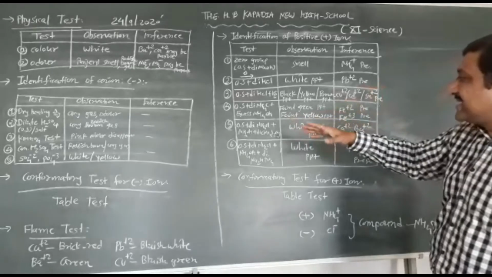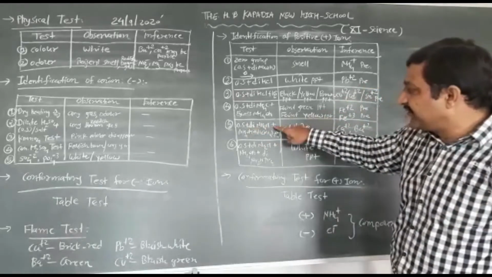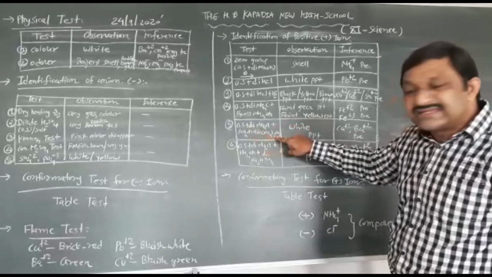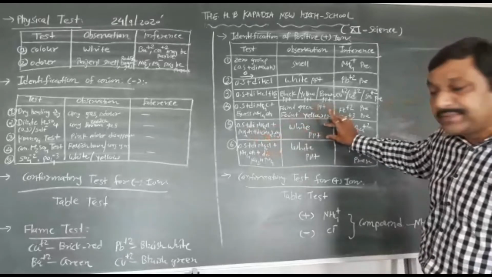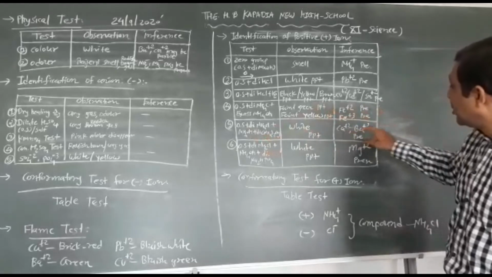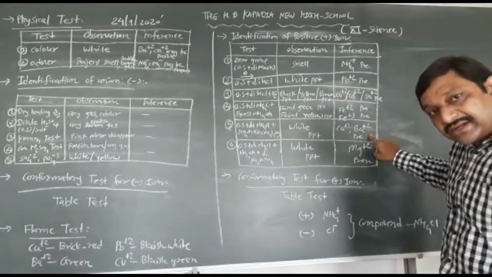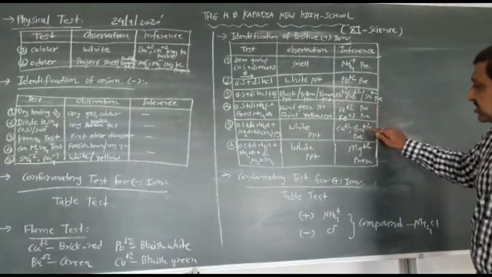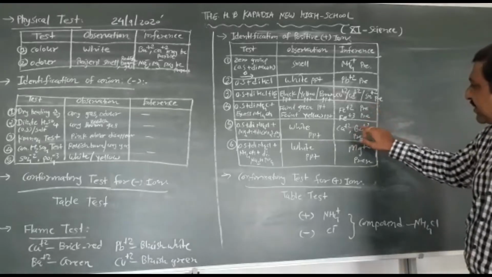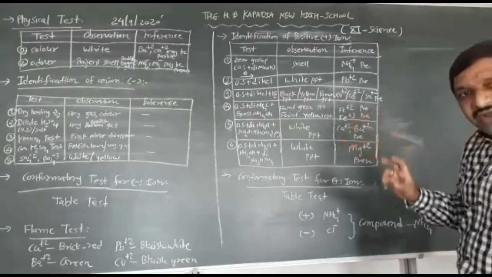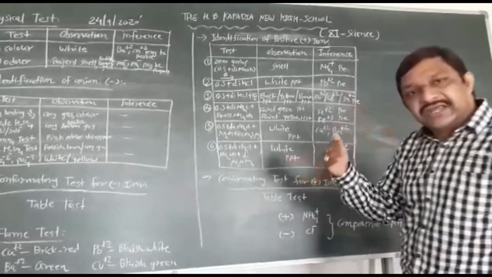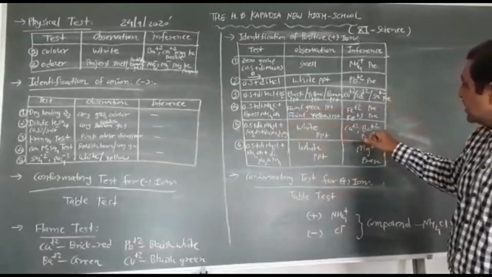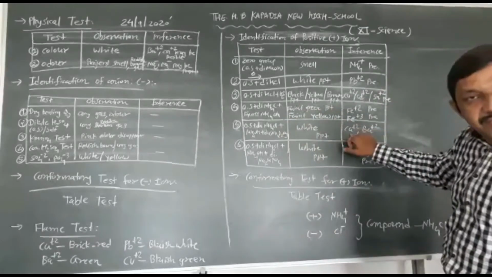Clear? Next, OS plus dilute NH4Cl plus NH4OH plus dilute (NH4)2CO3. If white PPTs is there, then Ca+2 or Ba+2 is present. Clear? And you have to divide the test between Ba+2 and Ca+2. You have to divide by different types of test. The test is given in the manual, so read your manual and distinguish Ba+2 or Ca+2.